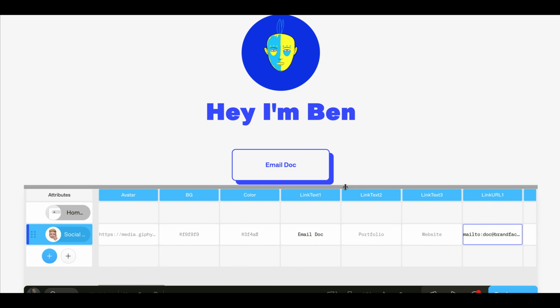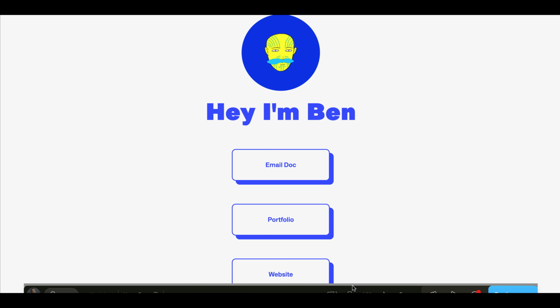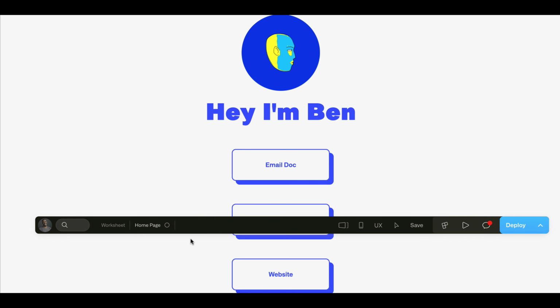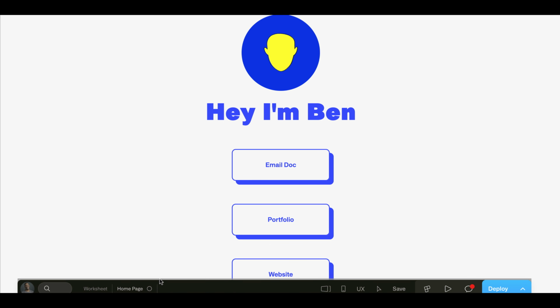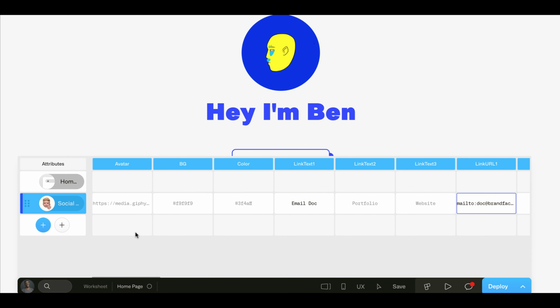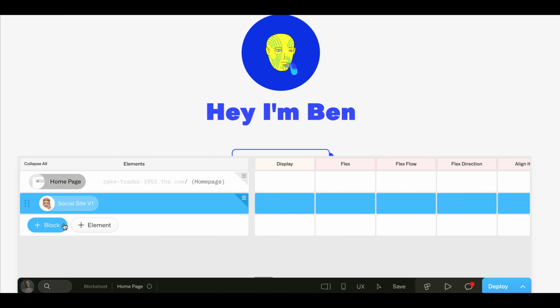To see more of it, I can collapse this, and now I can see my site, be able to see the animations, all of those things. That's the beginning of using blocks. Now, say for instance, I want to add an element to this. Let's add an element at the bottom of the page. I can now click this button where it says add element, and I'm going to click add element again to expand it.